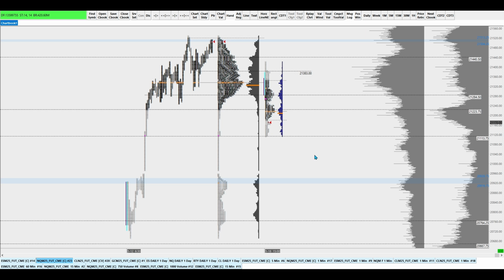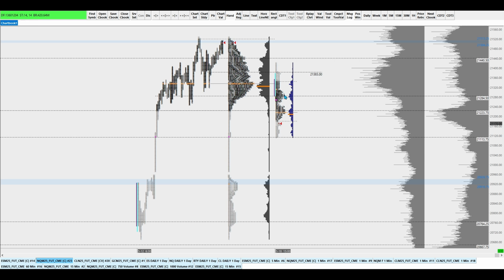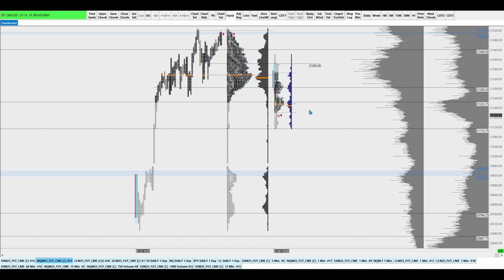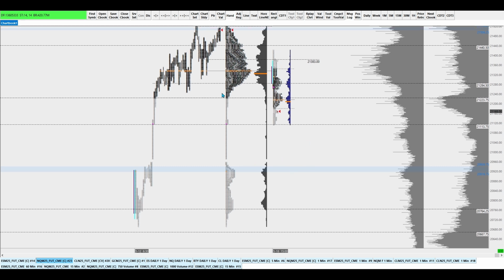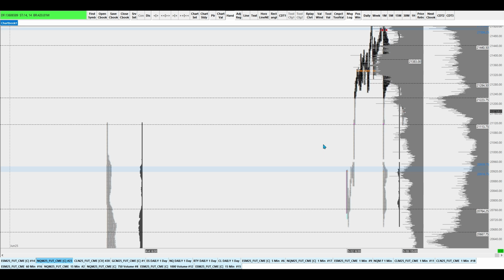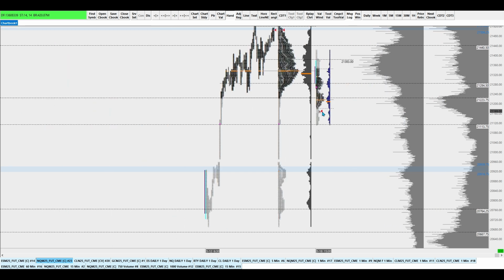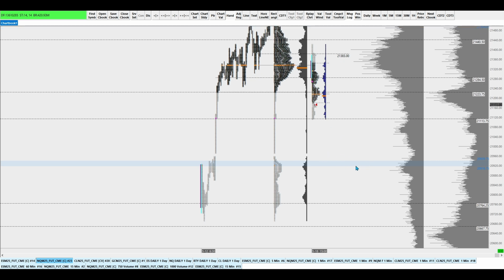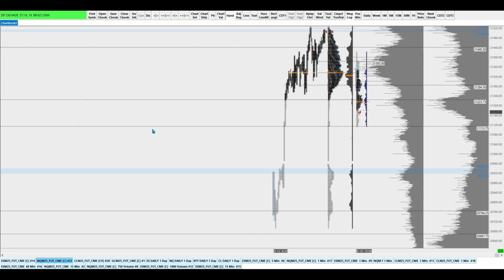Or do we fail? We're already seeing failure up at 280s, at least on ETH. Do I care about that much? No, not too much. But offering at 280s, if we can't get above that and stay above that, it becomes an issue. It probably trades back. You don't have a gap here, but we open and drive higher. You don't have value built down here, so I would expect this thing to just trade back into the 900s if we're not going to hold the mid and this prior pivot high.